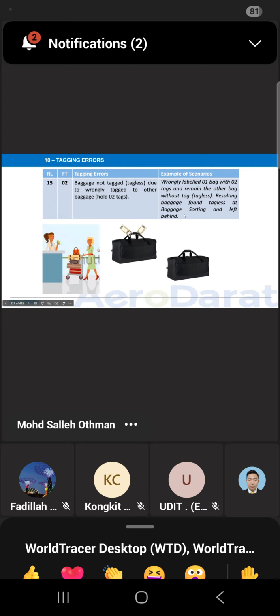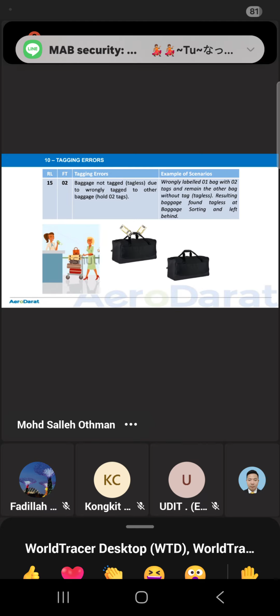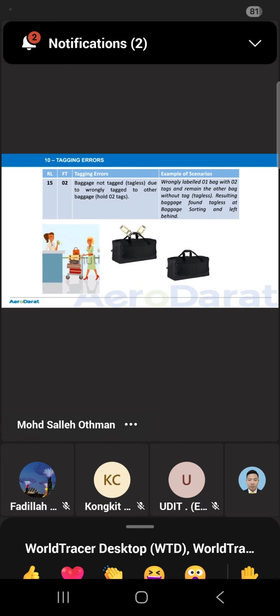One scenario: the passenger has 2 luggage, both tags you put on one piece, or on the first luggage, and for the next luggage you forget to put the tag, after that you just push into the system. The next scenario: you forget to put the baggage tag at all. You print out the baggage tag, you are chatting with the passenger in front of you, and then you forget to take the luggage.